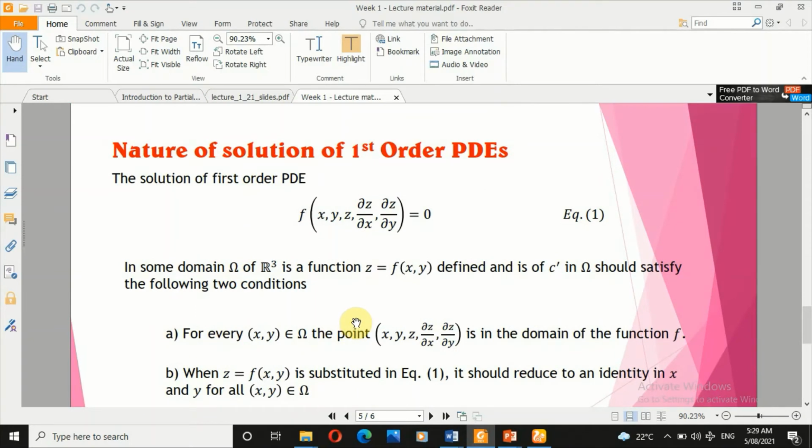The solution of first order. Now look at this expression again. I know you are familiar with this now. I have shown this to you before. That is just a kind of mathematical expression for first order. You can see that the derivative is first. We have x, y, and z. X and y are the independent variables. Z is the dependent variable. So now, if we can have a particular z of x and y, which is a function in this domain,